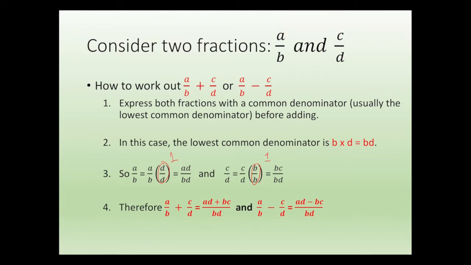Alright, so therefore, we can see that a over b plus c over d is actually ad plus bc over bd. Same with this, a over b minus c over d equals ad minus bc over bd. Alright, let's apply this to some